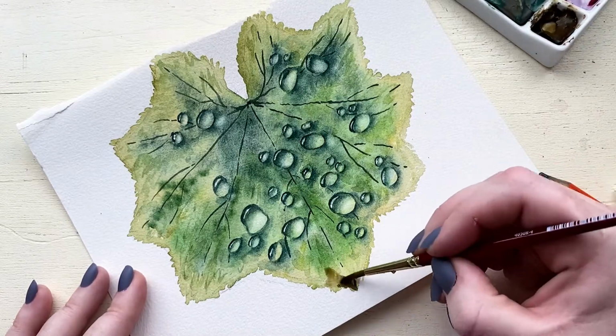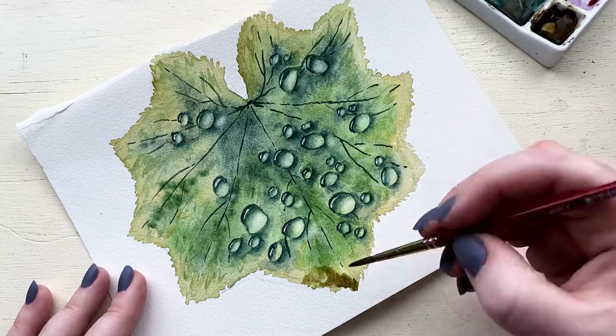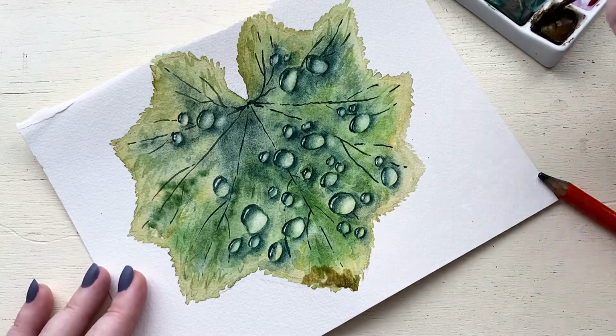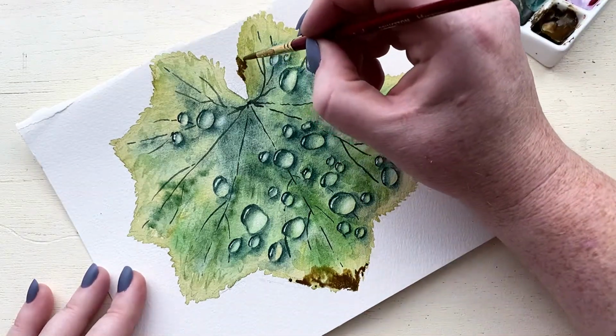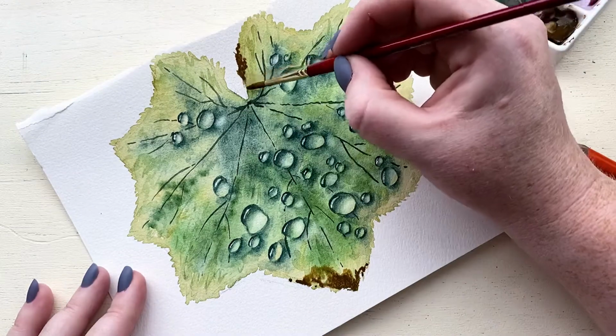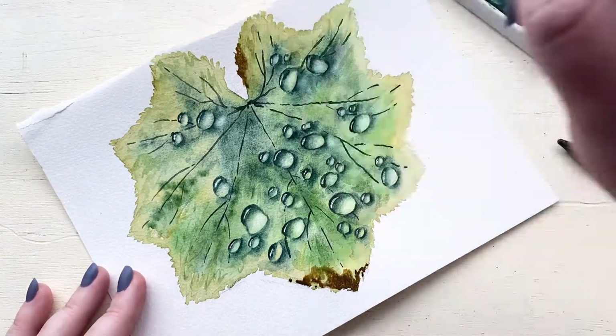So my reference leaf has these dead spots, parts of the leaf where they're brown and crunchy, and I really feel like when I added these brown spots to the leaf, it